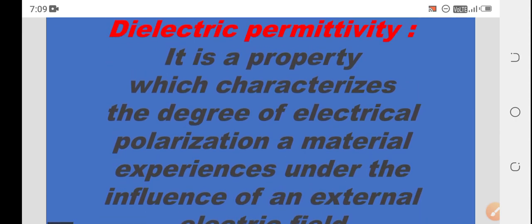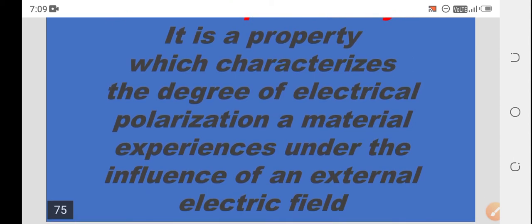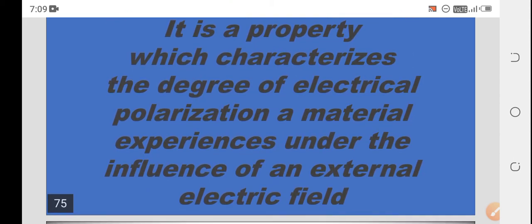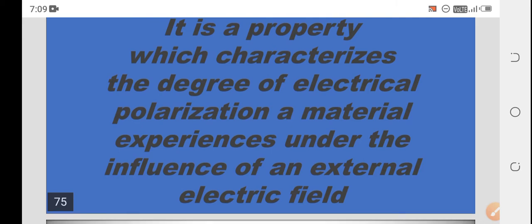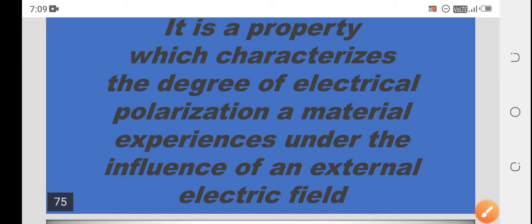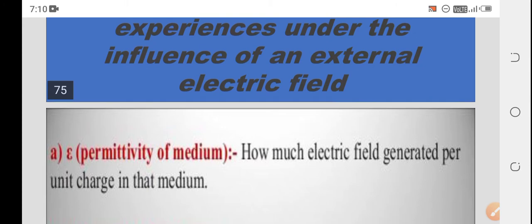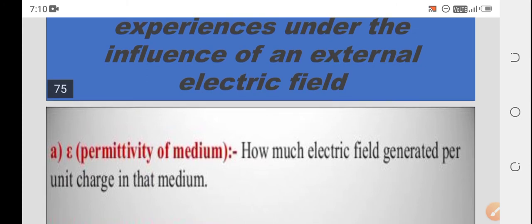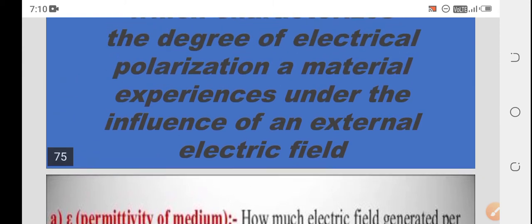Dielectric permittivity. It is a property. What is dielectric permittivity? It is a property which characterizes the degree of electrical polarization a material experiences under the influence of an external electric field. How the material is characterized, how the material is influenced in the presence of an electric field, is defined on the basis of the